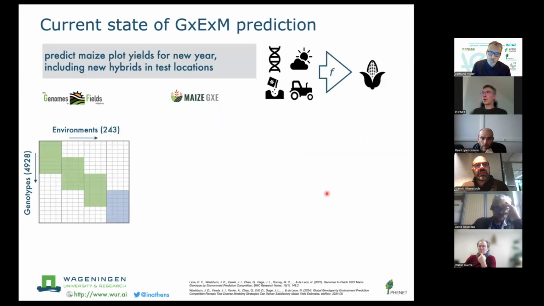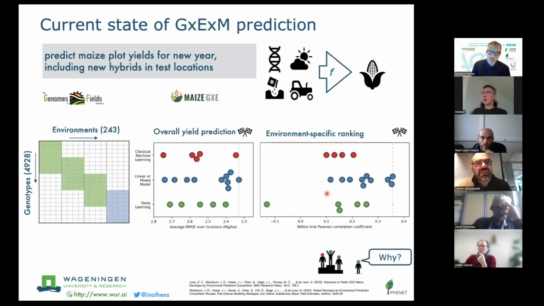The second one is the work we are doing with GEM prediction, where we are working on the genome to field public benchmark. Here, this is one of the biggest public data sets for genome by environment interaction. And these are the results of the public competition that they held last year, where several methods of different types, like classical machine learning, linear mixed models, and deep learning methods have been used for overall yield prediction and environment-specific